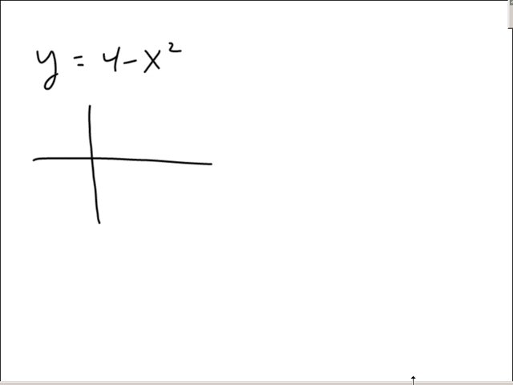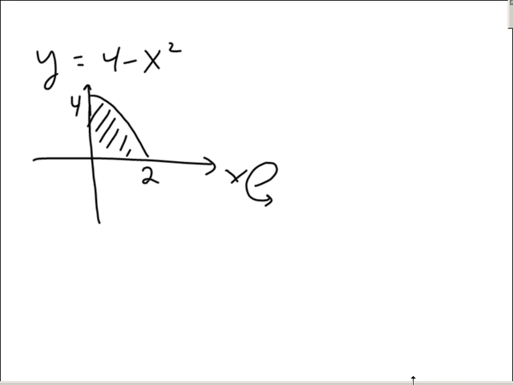Here's another problem. You have y equals 4 minus x squared. And you don't want to revolve all of it, just part of it. You want to revolve this piece here around the x-axis. This must be 2 and that must be 4. So you want to revolve this area